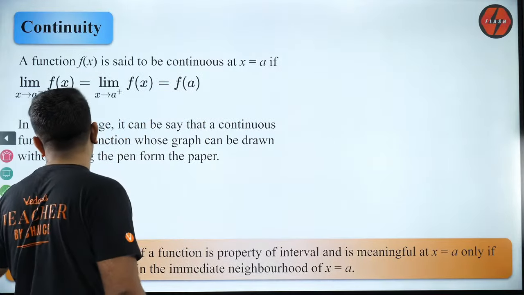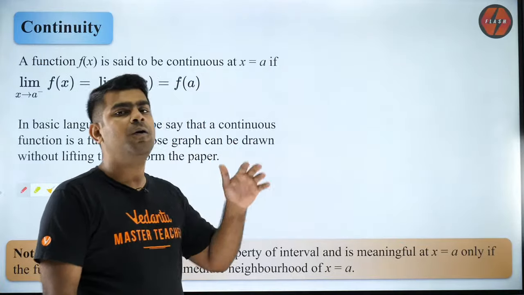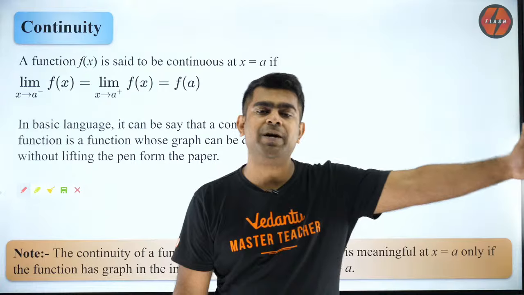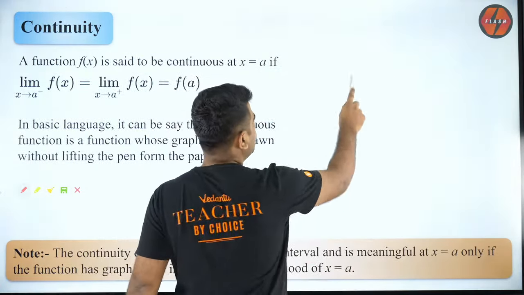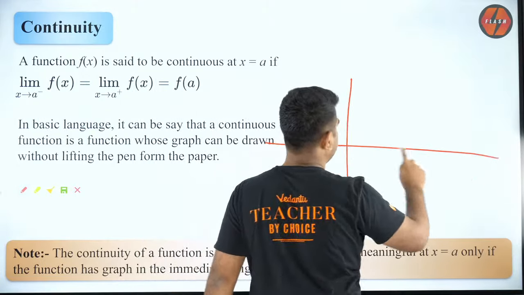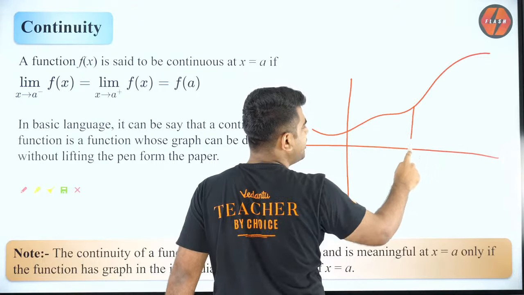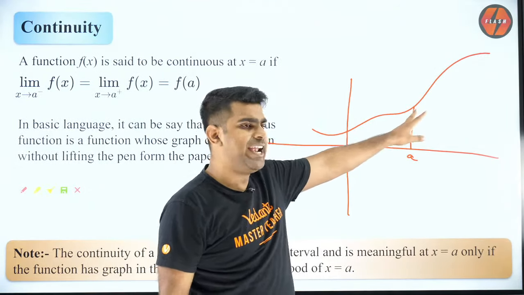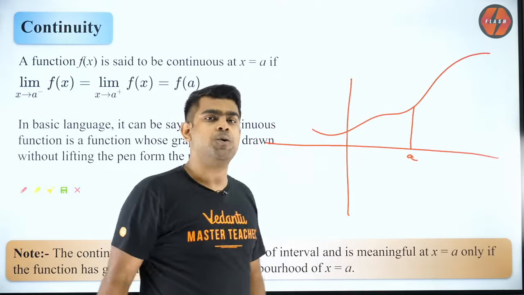That is what I am more concerned about, because I want you guys to be technically sound. You should know why people say that to a common person. Why do they choose that definition? Because the actual way to define continuity is, if you have a function like this, the function is continuous at this point A, because at this point A, you see that it is connected. I need not lift my hand, isn't it?